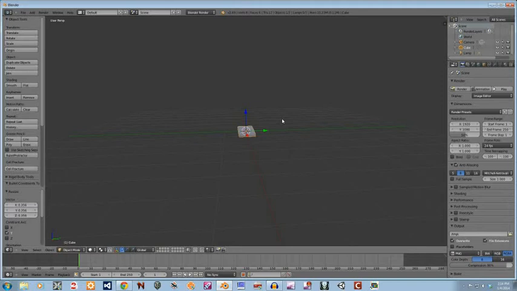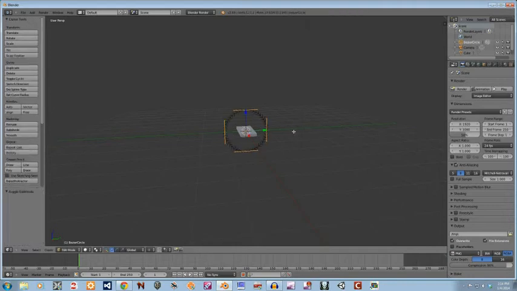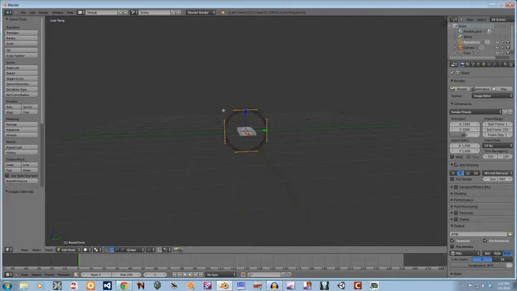Next, what we're going to want to do is add a curve and a circle. Okay. So we're going to rotate that on the y-axis 90 degrees so that it's straight up. Tab to get into edit mode. And I'm just going to rotate on the z-axis 180 because the direction is that way. Okay, so